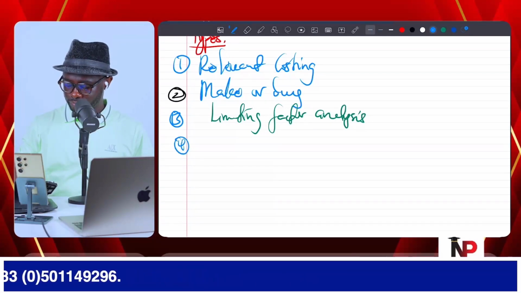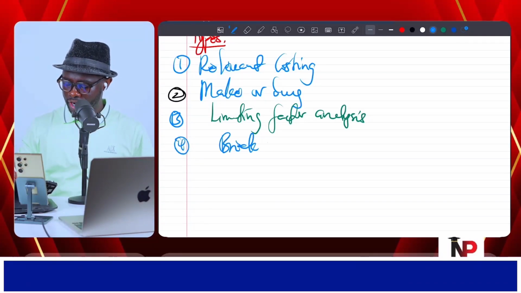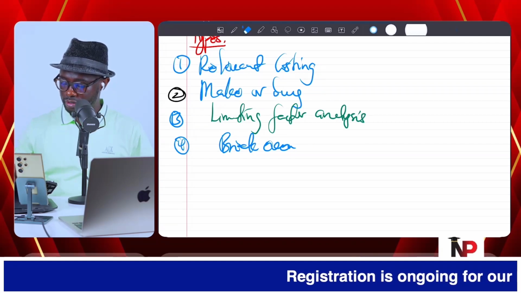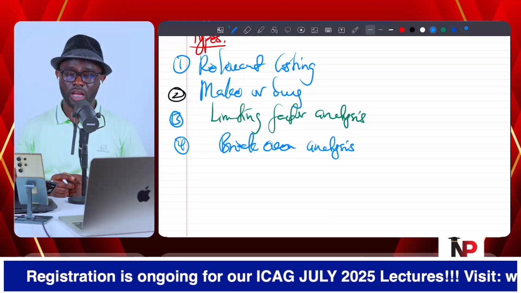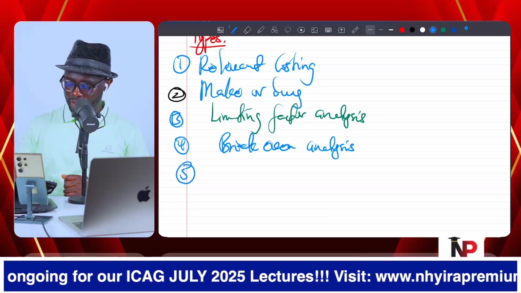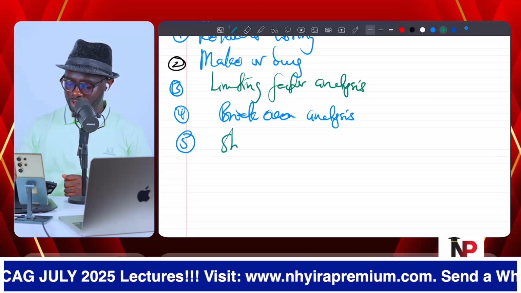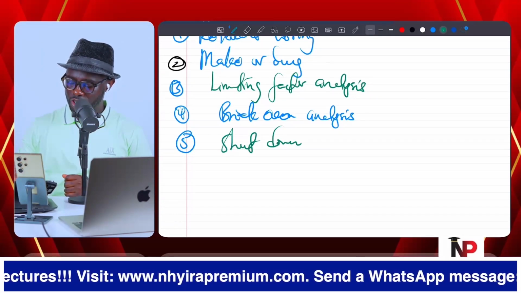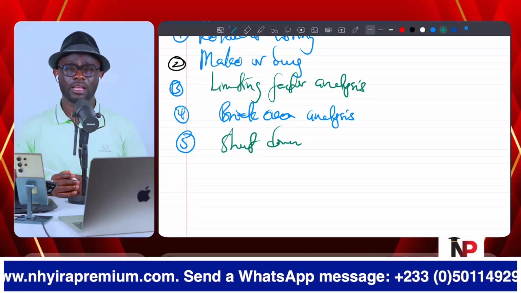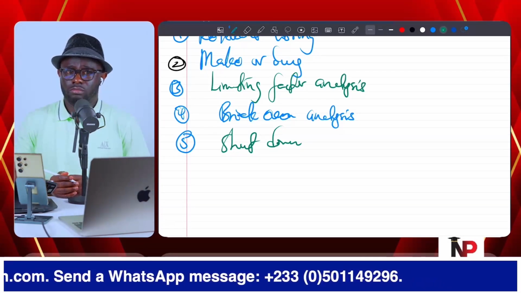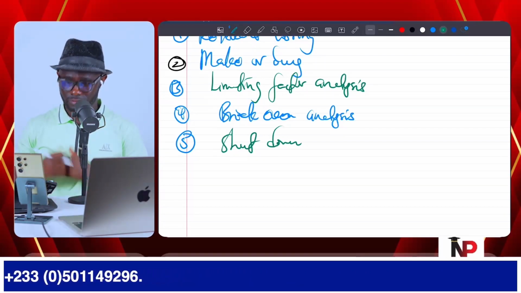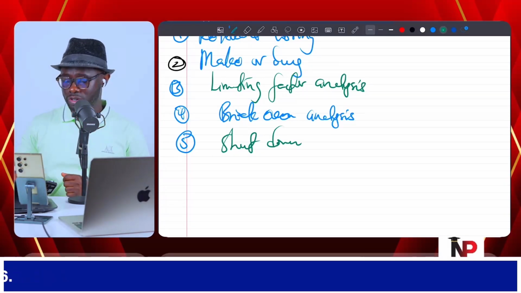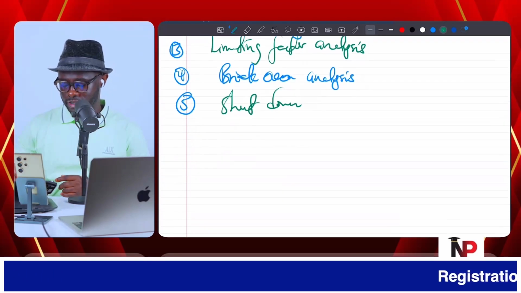Number 4 is the concept of break-even analysis. A very important principle that we must know about. Number 5 is shutdown decision. There is a division or a segment of our business that is not doing well. Let's close it up. Let's shut it down. And what are the factors we consider before shutting it down? That's there. 6,